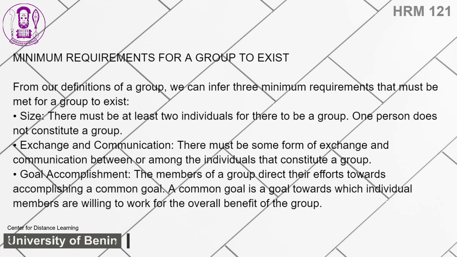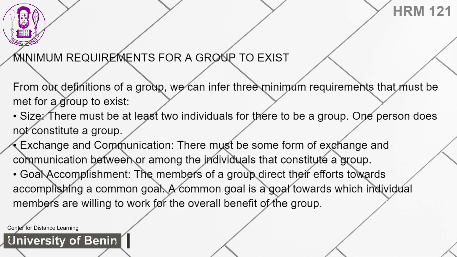Minimum requirements for a group to exist. From our definitions of a group, we can infer three minimum requirements that must be met for a group to exist. Size: there must be at least two individuals for there to be a group. One person does not constitute a group. Exchange and communication: there must be some form of exchange and communication between or among the individuals that constitute a group. Goal accomplishment: the members of a group direct their efforts towards accomplishing a common goal. A common goal is a goal towards which individual members are willing to work for the overall benefit of the